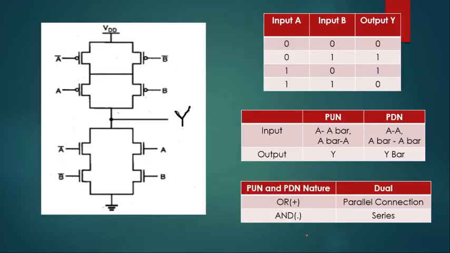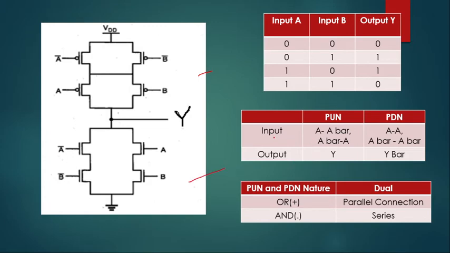So today our topic is to understand the CMOS implementation of the XOR gate. This will be the final circuit that we are going to obtain at the end of the lecture, and this is the truth table that we are going to verify. Before going to the CMOS implementation, I would like to explain again the rules. Two types of networks are implemented: pull-up network and pull-down network. Pull-up network is your PMOS network and pull-down network is the NMOS network.